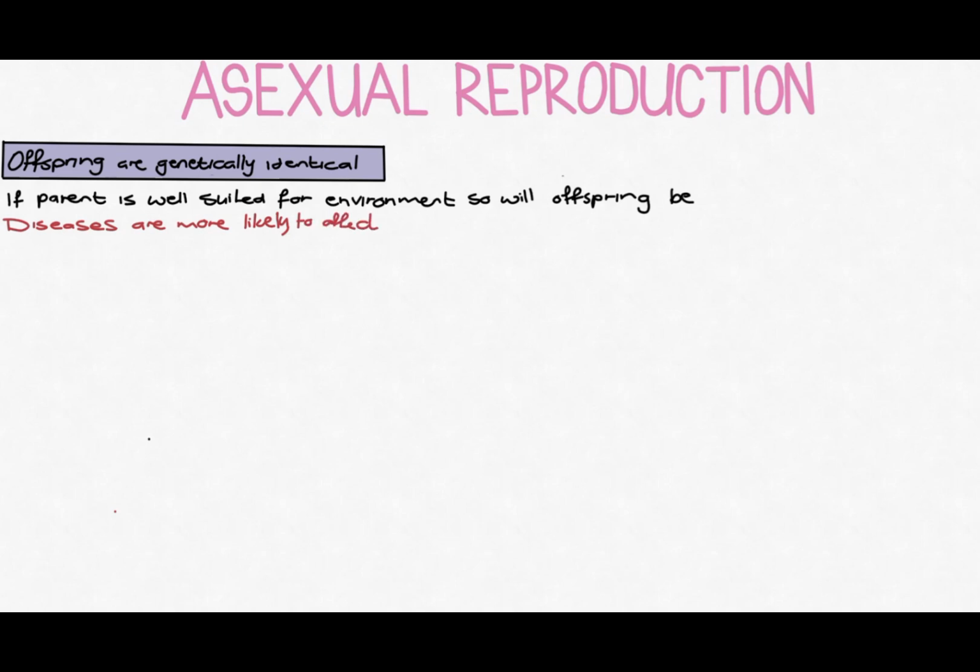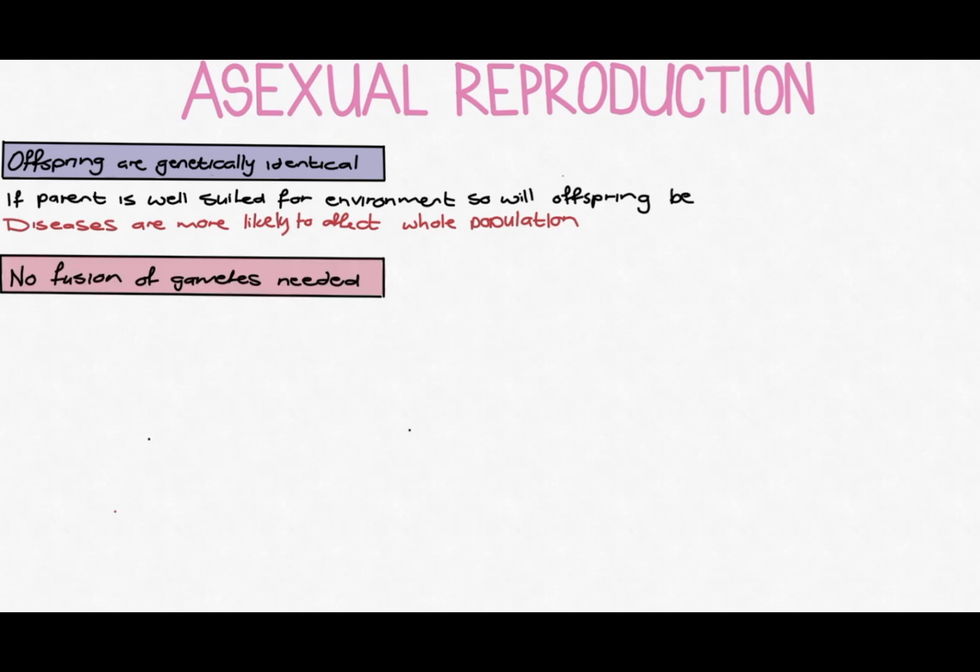The second is there is no fusion of gametes that's needed, because all of the offspring will be genetically identical to the parent plant. This means that no male is needed, or there wouldn't be need for a second plant. This also means that less energy is used, and asexual reproduction is more energy efficient. It is also much faster, as the reproductive mate isn't needed, so the plant doesn't need to search or wait